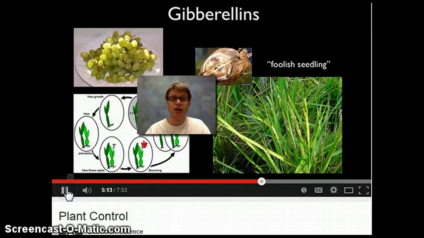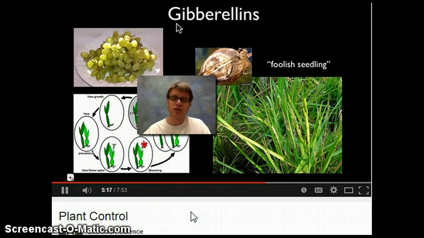So once again, here's Bozeman. Next thing we have is the gibberellins. Gibberellins actually comes from an old story, and basically we had rice, and rice was growing in rice fields or rice paddies, and a fungus infected it. It's called gibberella. I can't remember, it's a Japanese term. I'm not sure of the species name,